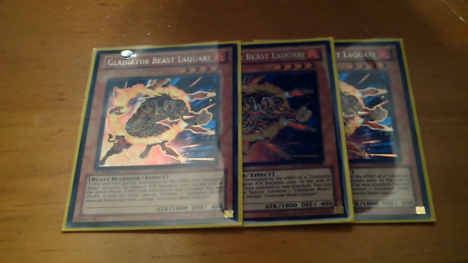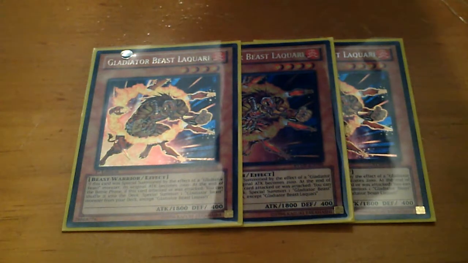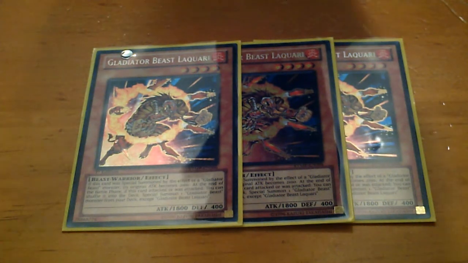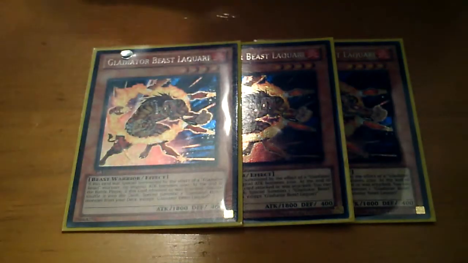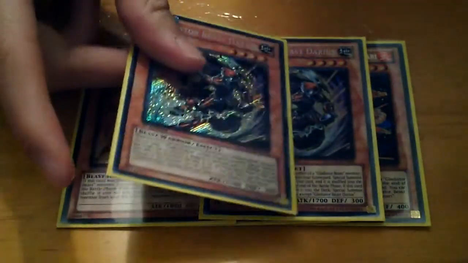Now, let me repeat that one more time. Tagging out means switching Gladiator Beasts. And when this is tagged out by a different Gladiator Beast, its original attack points become 2100 attack. So yeah, pretty good. As for the other monsters, other Gladiator Beasts, I run 2